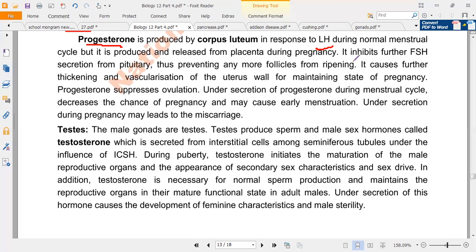It inhibits further FSH, like a negative feedback, so as not to stimulate more follicles